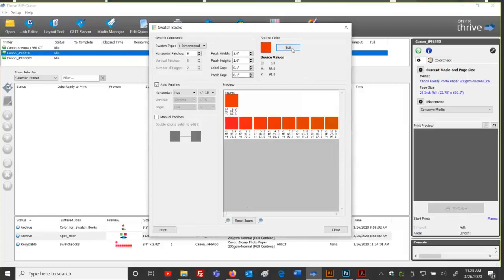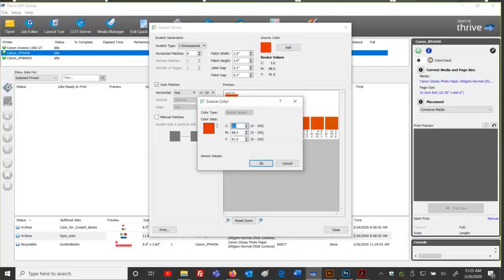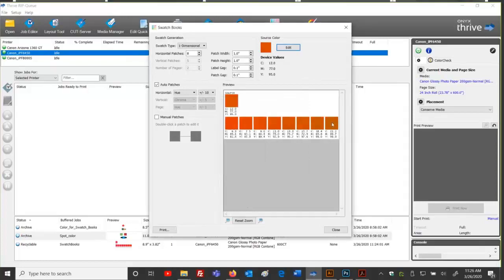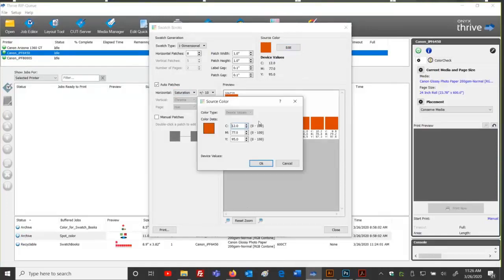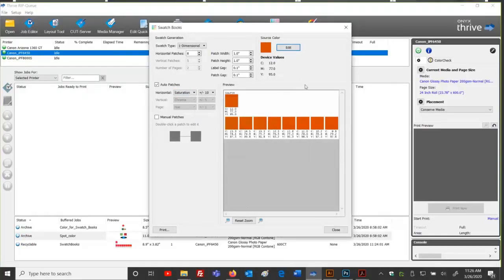Or I can come up here and even edit that patch further. If I said let's go to these types of values, and again, I'm just going to put in some roundish numbers, then I can deviate from there, okay? And now maybe I'm not going to change in hue. Maybe I decide to change in chroma, or in degrees of light to dark, or in saturation. So you can always go in here and modify the recipe up here or in the previous step and make those changes. Okay, that was just a quick run-through to give you an idea.